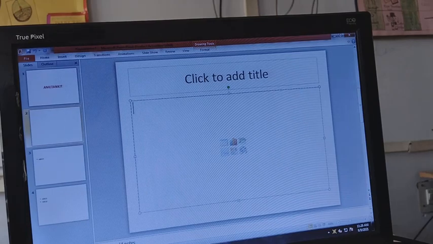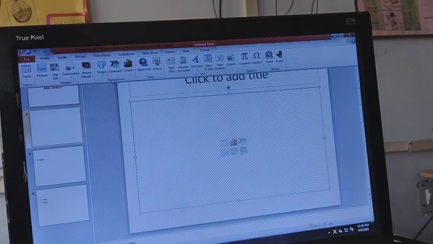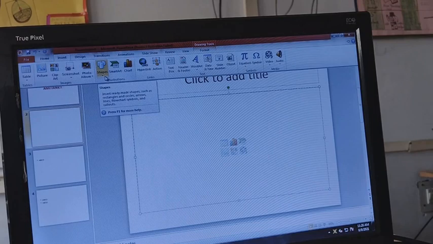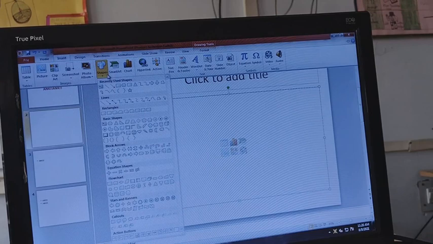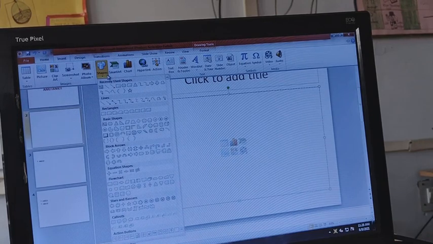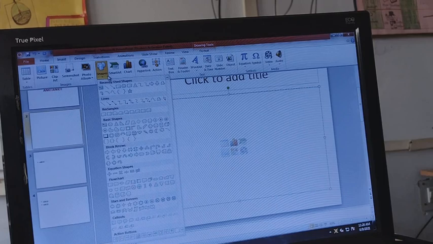Now we have inserting shape. To insert a shape, you have to go to the Insert option, and there is the illustrations group. In the illustrations group you can see the shape, and there are various shapes you can find under various headings: recently used shape, lines, rectangle, basic shapes, block arrows, equation shapes, flow charts, stars and banners, callouts, action buttons. So there are various shapes which you can use.